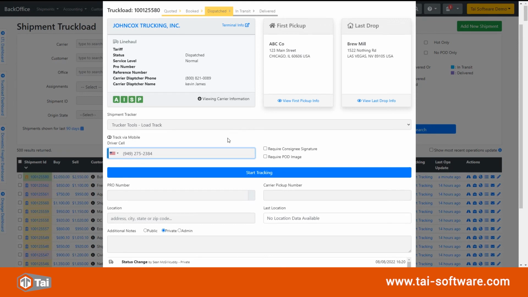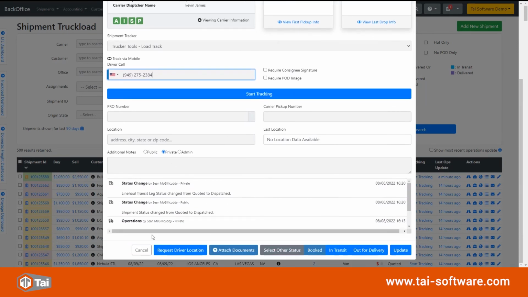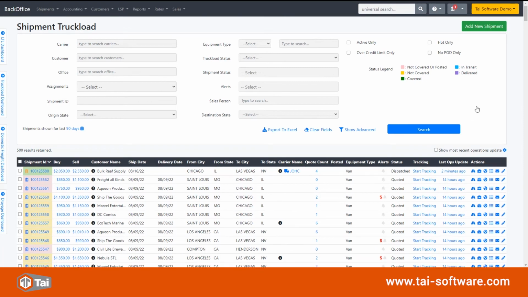If we are not using an application or the driver refuses to download the application, we can request the driver's location via text message by simply clicking this button. The driver will receive a link in the text message that asks for permission to get that one data point from the driver. If we have several shipments that we'd like to text drivers for or look for updates on,